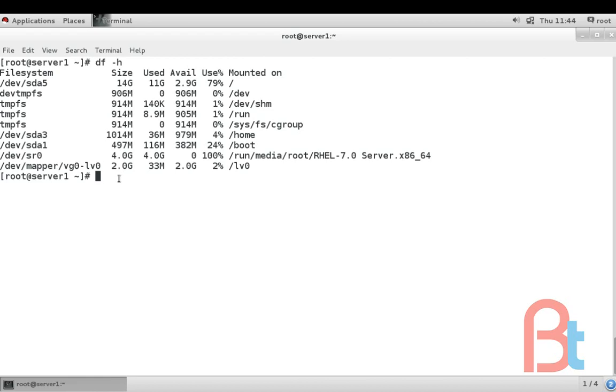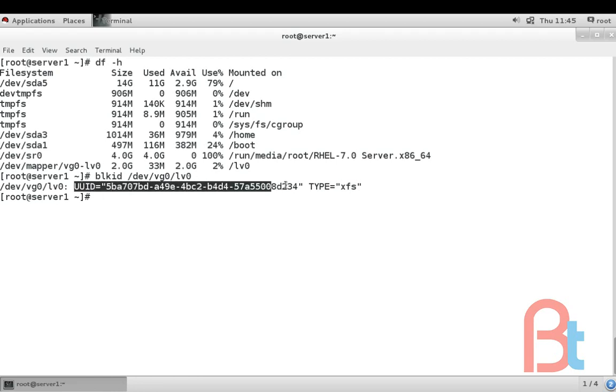For the UUID, we can type blkid /dev/mapper/ or /dev/vg0/lv0. So here is the UUID of your LVM. Just select and copy